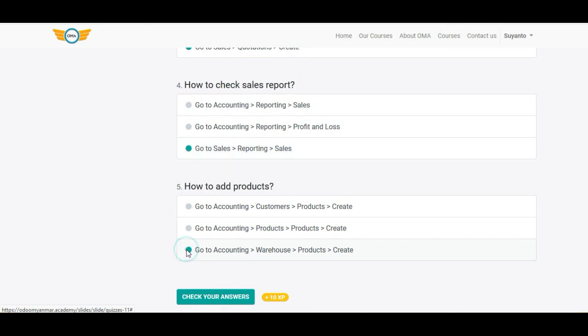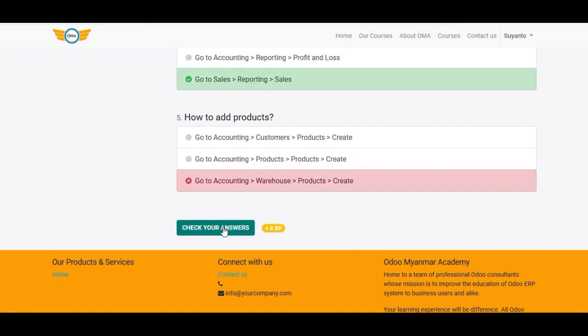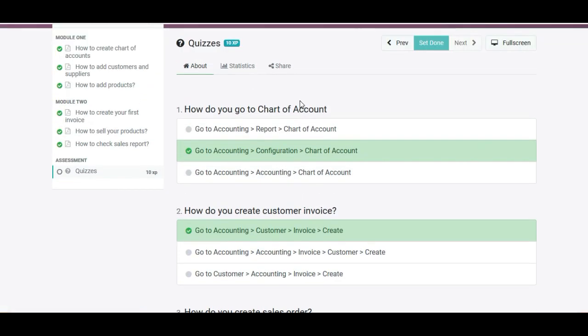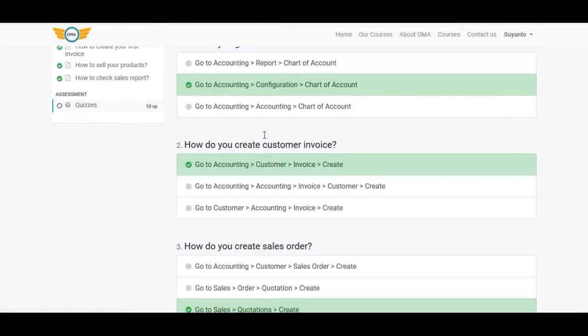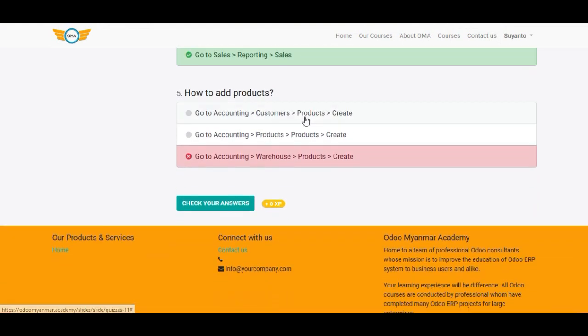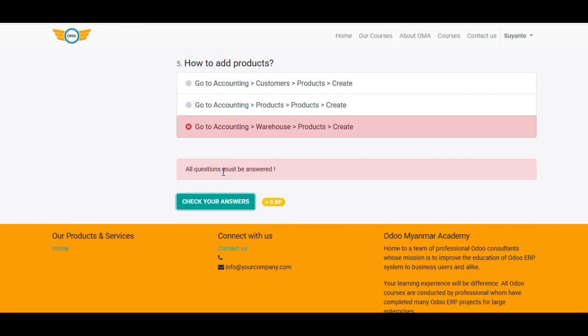Let's answer wrongly. When I finish, I can click on check your answers. It will tell me which one I got wrong and which one I got right. Because I answer wrong, I'll get 0 for this one.